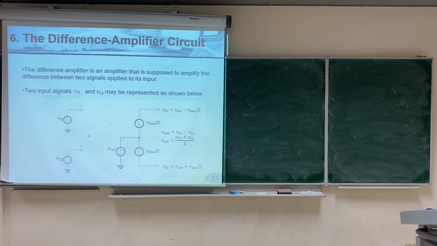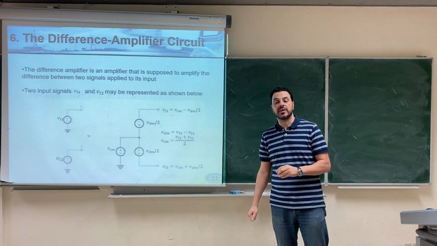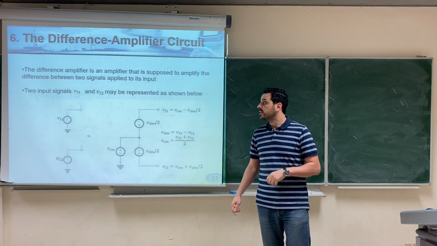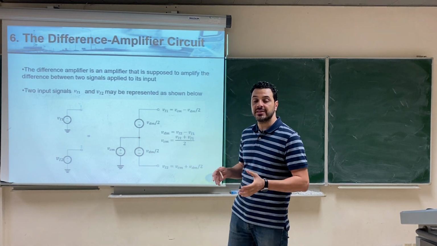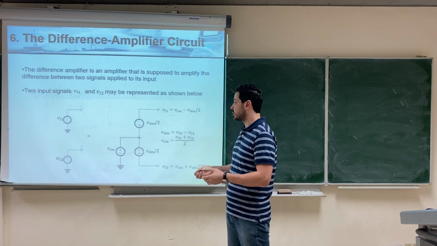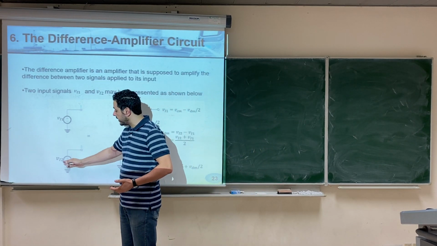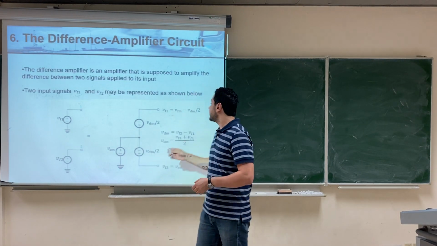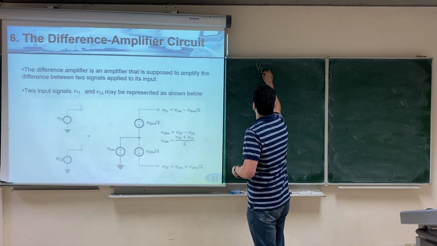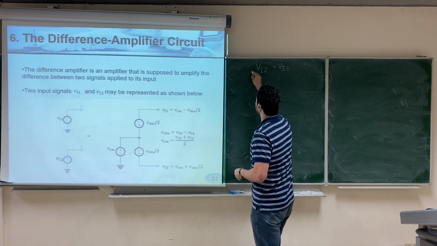The next application for the op-amp is called the difference amplifier circuit, and this is one of the important applications of the op-amp. The difference amplifier, basically, is an amplifier that should maximize the difference between two sources. So if you have two sources, you can call them V input 2 and V input 1. The difference amplifier is supposed to amplify the difference between V input 2 minus V input 1, which we